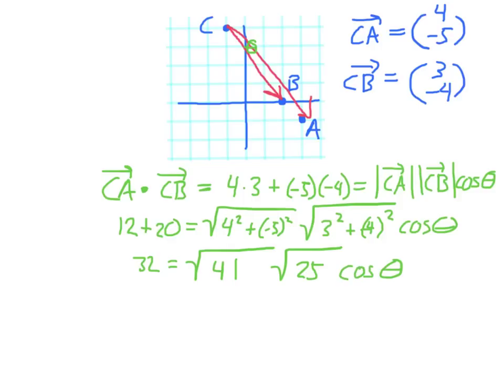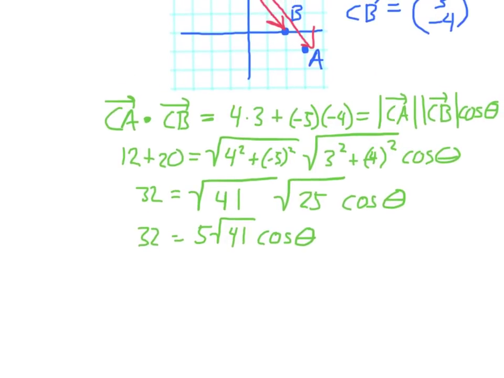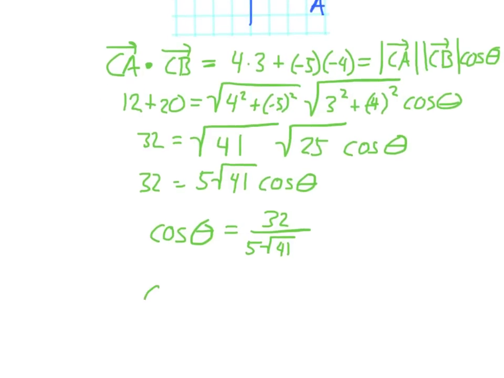Well, the square root of 25 is 5. That's convenient. So we can simplify the expression like so. And doing a little bit of algebra here, we have cosine theta equals 32 divided by 5 times the square root of 41. And in this case, I just need to take the inverse cosine of this. Remember to use degrees here. Inverse cosine of 32 over 5 times the square root of 41 equals theta, which is